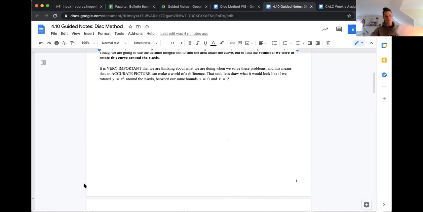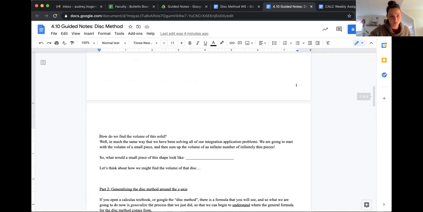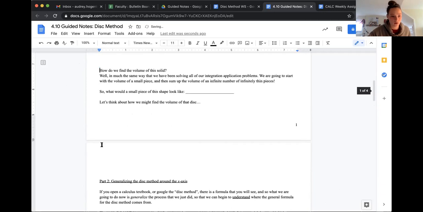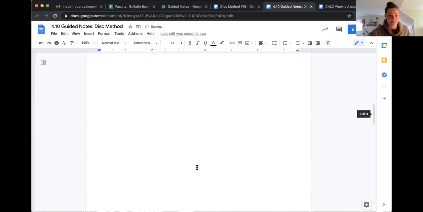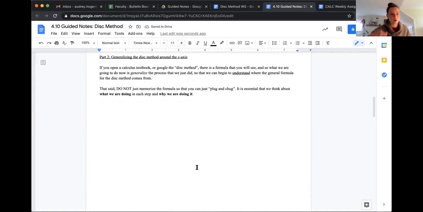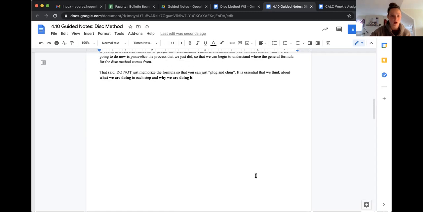Okay, so that was basically what all of this said. So if you want to follow along in the guided notes, you can do that there. And now we're going to generalize the disk method around the x-axis, okay? So if you open a calculus textbook or Google disk method, there's a formula that you will see. And what we're going to do now is generalize the process so we can understand where the formula comes from,